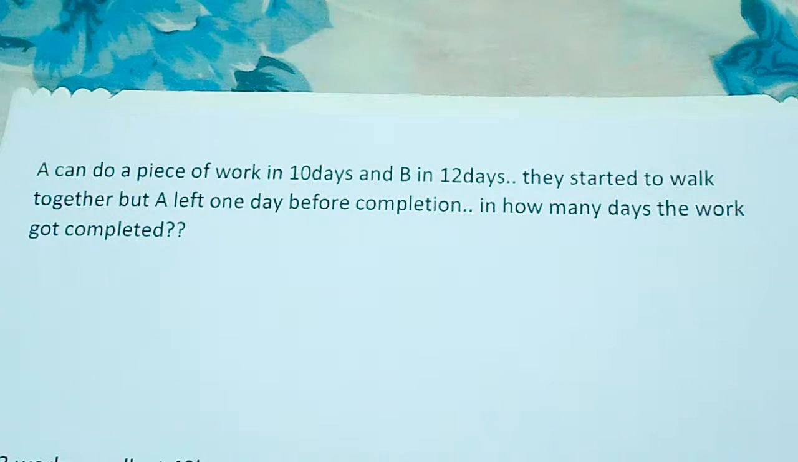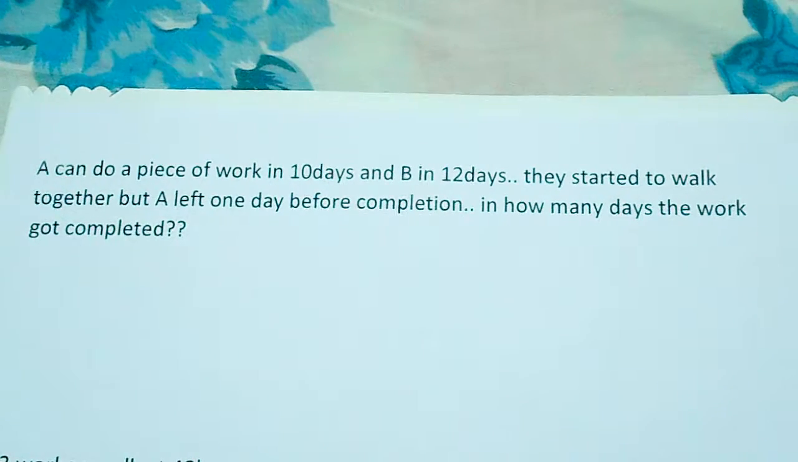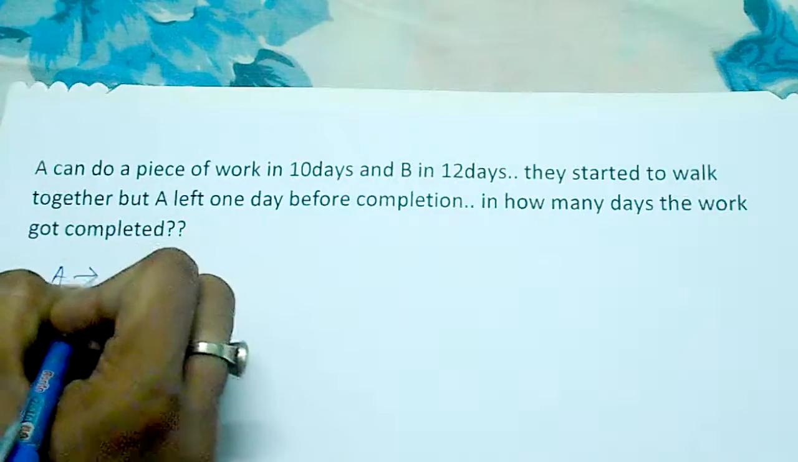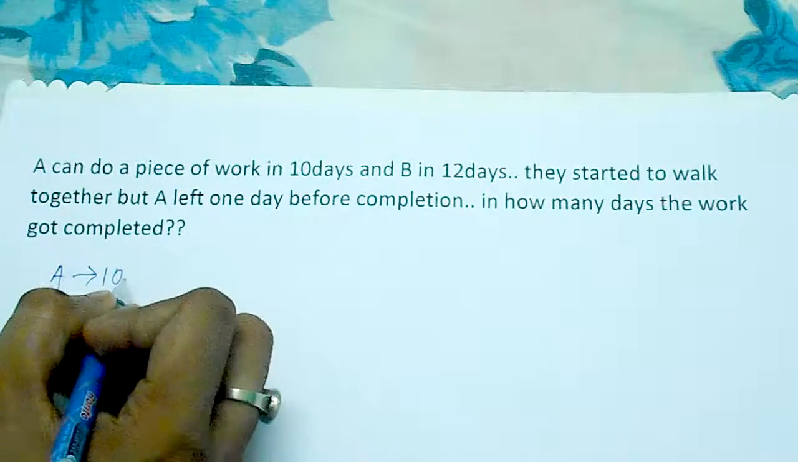So this is the next sum, and this one states that A can do a piece of work in 10 days and B can do the same work in 12 days, and they started to work together, but A left one day before the completion. So the question here is, in how many days did the work get completed? So again the same logic which was applied to the previous sum. A over here, 10 days,